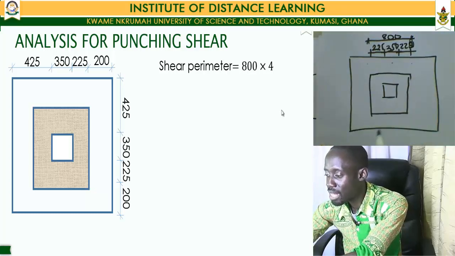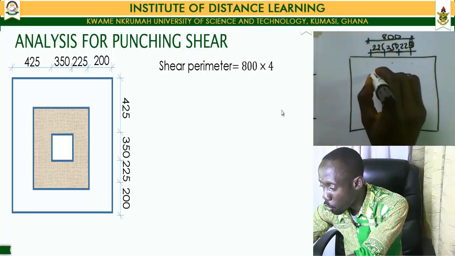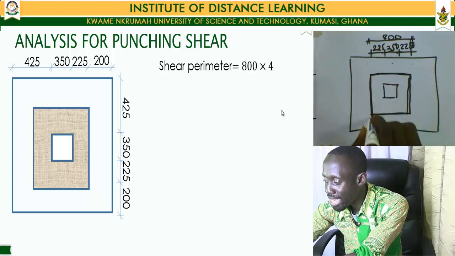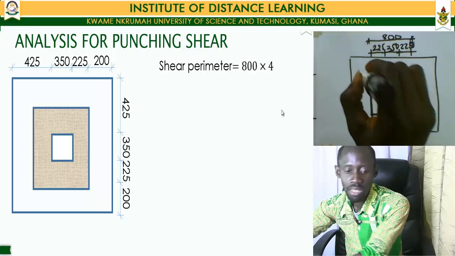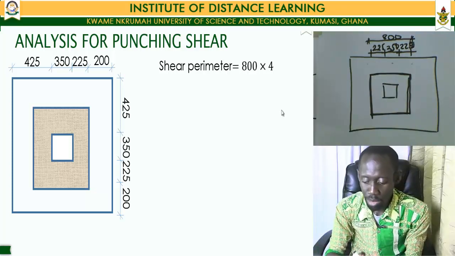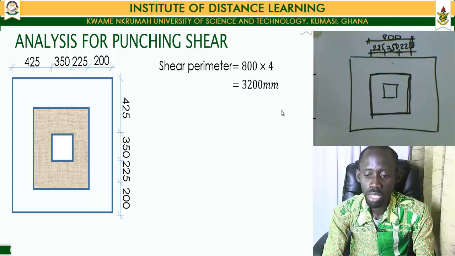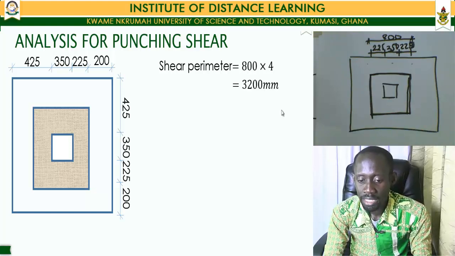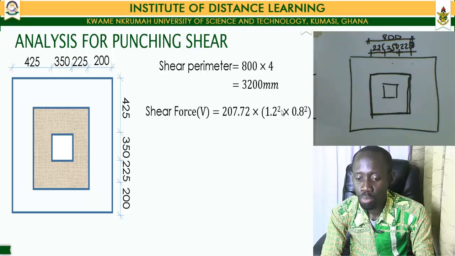So, calculating our shear perimeter, which will be the perimeter along all the sides of our column, would be equal to the 800 on all the faces, and that gives us 800 multiplied by 4, which is equal to 3,200 millimeters. Now, having found our shear perimeter, we move ahead to calculate our punching shear